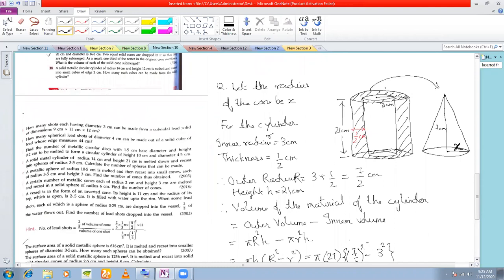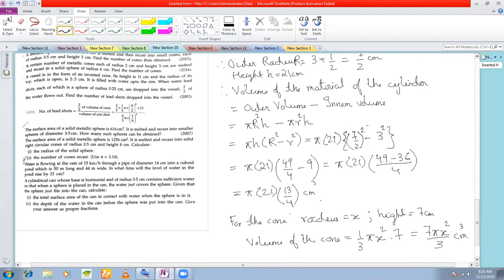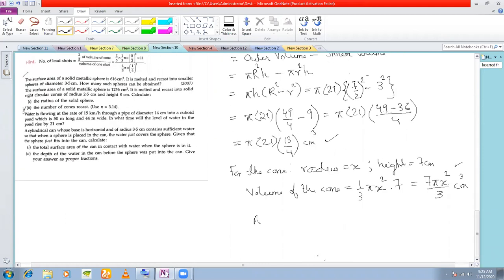that means the volume of this hollow cylinder must be equal to the volume of this cone. So according to the problem, you have π·21·13/4 is equal to 7πx²/3. Now if you see, π and π cancel, no need to put the value of π here. They cancel, and therefore you get x² is equal to, solving this equation,